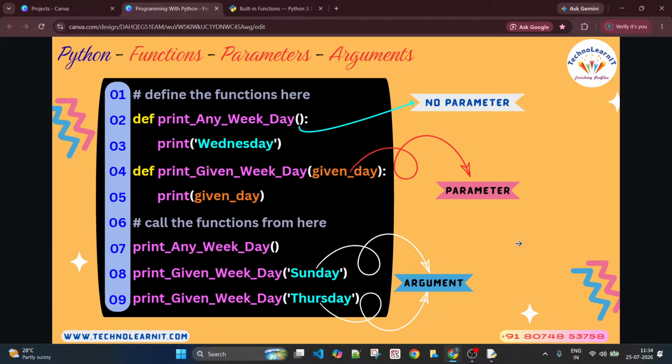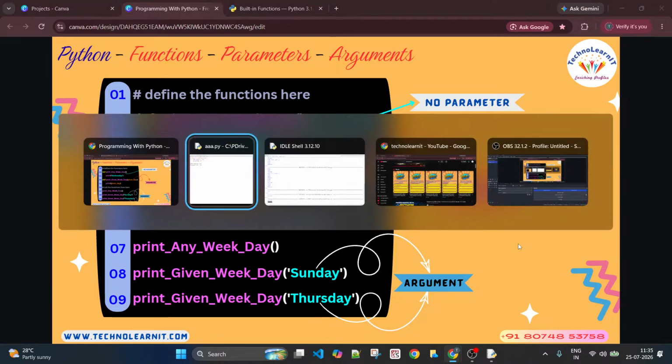So it has to go to the function definition to do the job. So given day now becomes Thursday, because automatically the values of the arguments will be copied into parameters when the functions are called. Now it comes to line number 5 and it prints Thursday. That is what happens in this entire flow of execution.